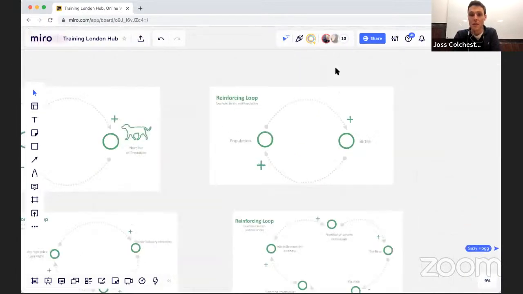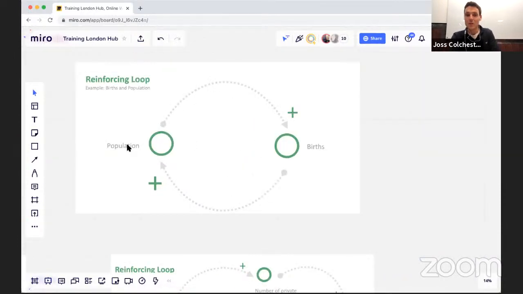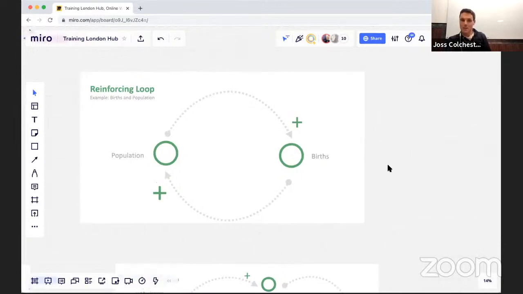Okay, so let's then look at this. Anybody, this is population here. Anybody want to walk me through this? This is an amplifying feedback loop. So what's going on here between population and births? If population goes up,